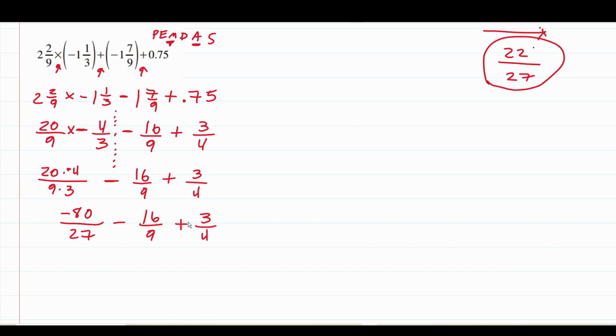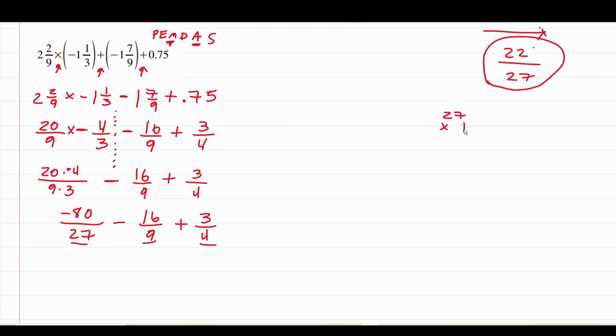Now, if we really wanted to, and it's not a bad idea to consider doing this, we can rewrite all these fractions right now with the same denominators and perform this subtraction and addition at the same time. The only problem we have here is we have to find a common denominator between 27, 9, and 4. Well, I know 9 and 4 have a common factor of 36, whereas 9 and 27 have a common factor of 27. So this one's not that easy to do. Instead, I'm going to see what